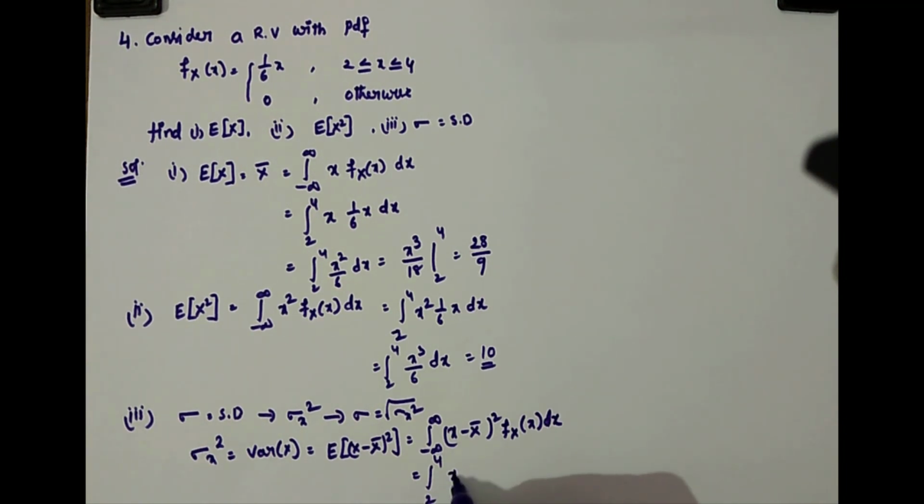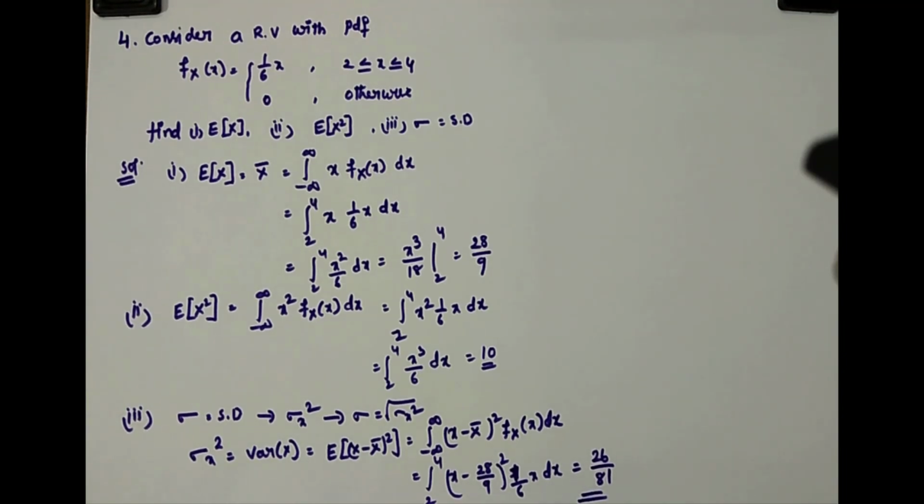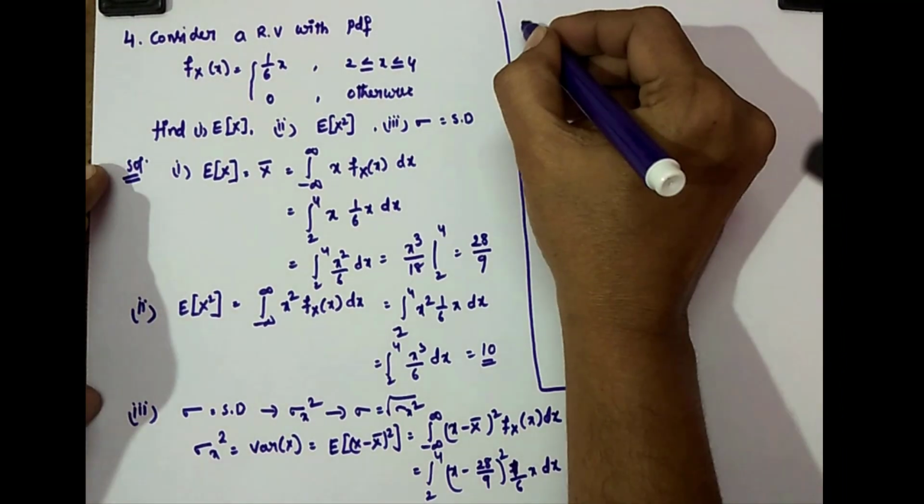Okay, x minus, what is x bar? 28 by 9 whole square, and what is our fx of x? It is 1 by 6x dx. So if you solve this, then you're going to get 26 by 81 as your variance. Therefore,